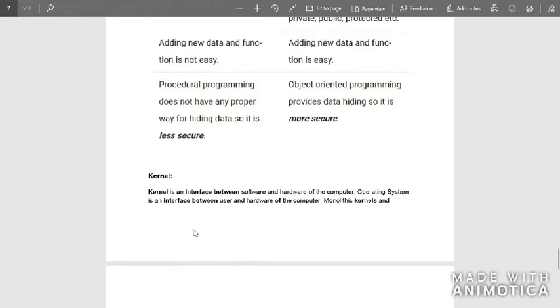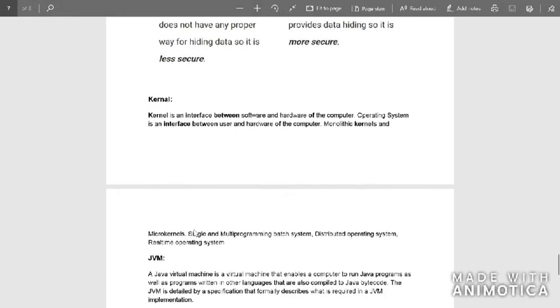In the same way, the kernel is the interface between the software and the hardware. Please make note of it. Do not confuse both of these. They are totally different. The operating system is an interface between the user and the hardware of the computer. Monolithic kernels and microkernels. Single and multi-programming batch system, distributed operating system, real-time operating system.